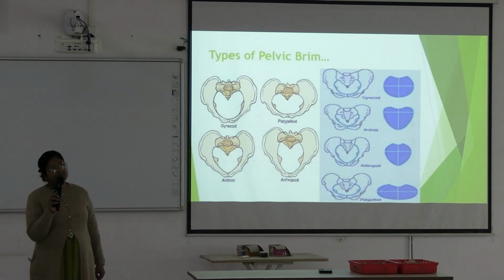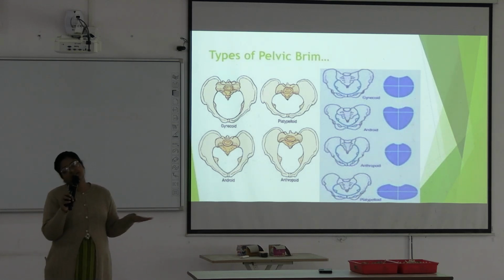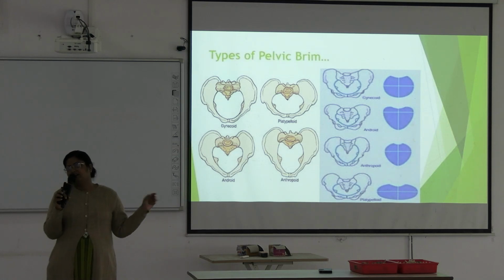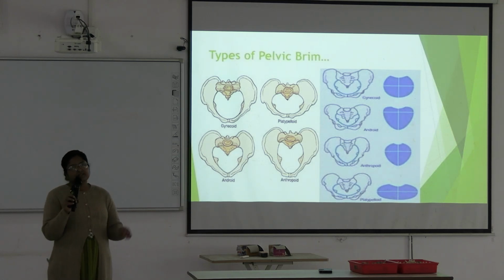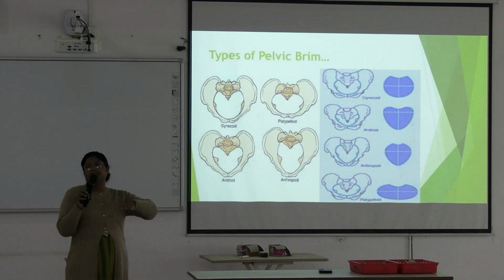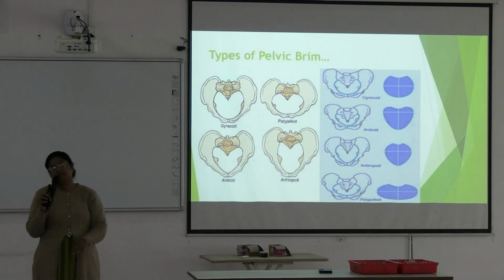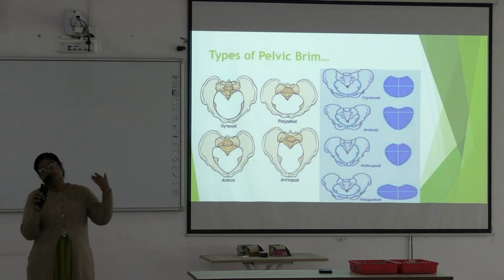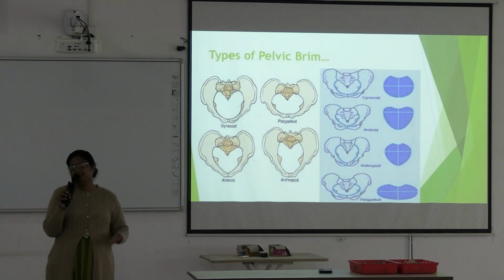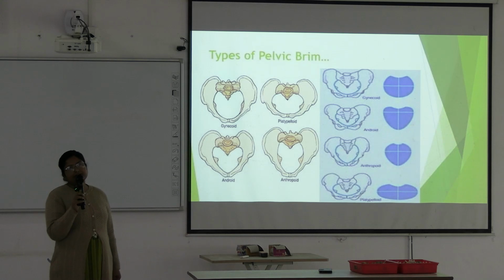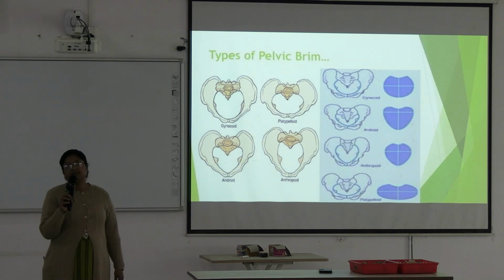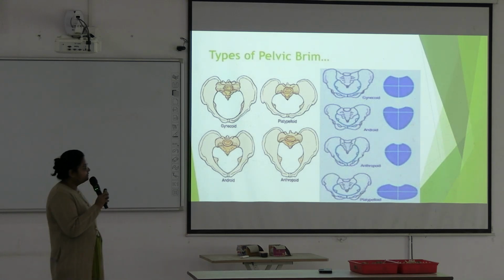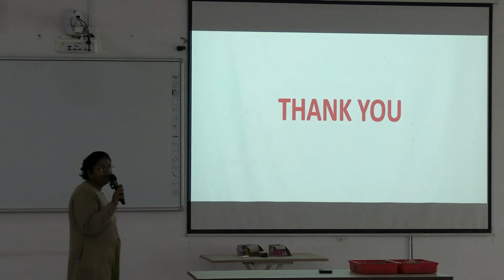not. Okay, understood? And the interspinous level is level 0. It is the narrowest part of the pelvis. This is station 0; above it are +1, +2, +3, and below it are -1, -2, -3. These are the stations of labor in different phases of labor. Okay, understood? Okay, next. Okay, that's all. Any queries?